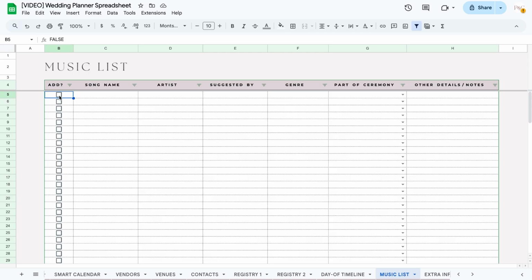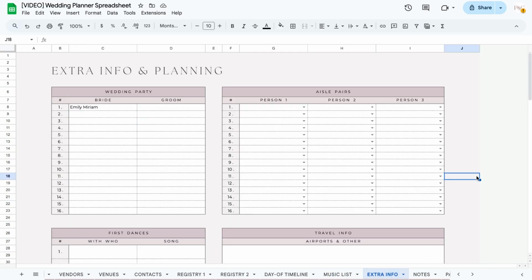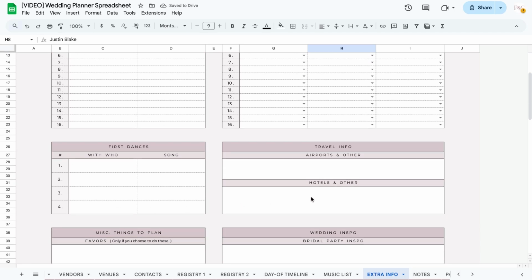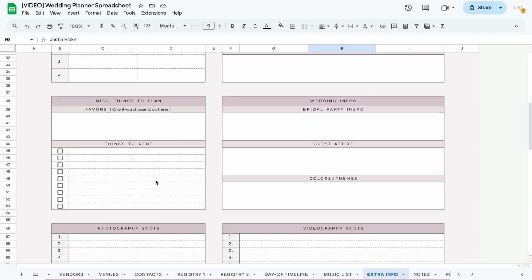The next tab is the Extra Info tab, where you can plan out lots of other details of your wedding. For example, you could add in your bridal party by adding in names like this, and then you can select who is going to walk down the aisle together so you can plan out that part of your wedding as well. You can add in first dance information, travel information for your guests,